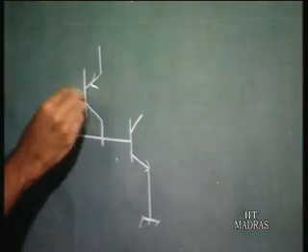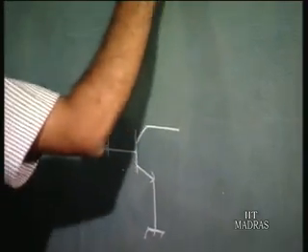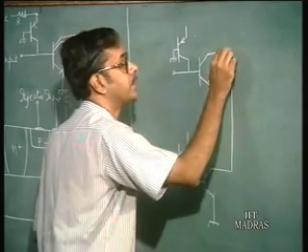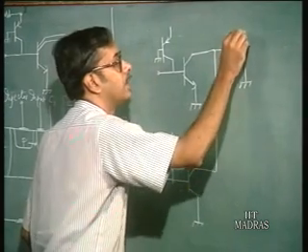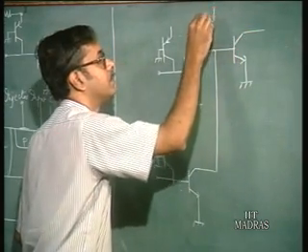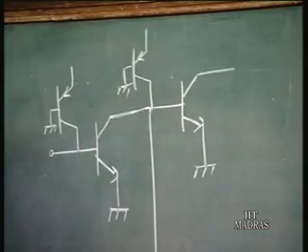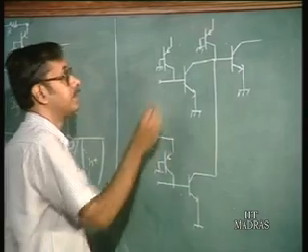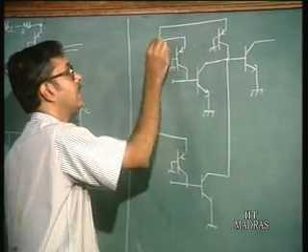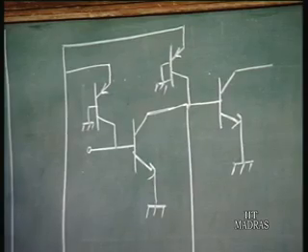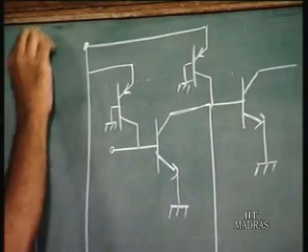So these are two cells, I join them here, again another cell I draw here, and I connect all the injector points together, short them, and then you can have a connection to